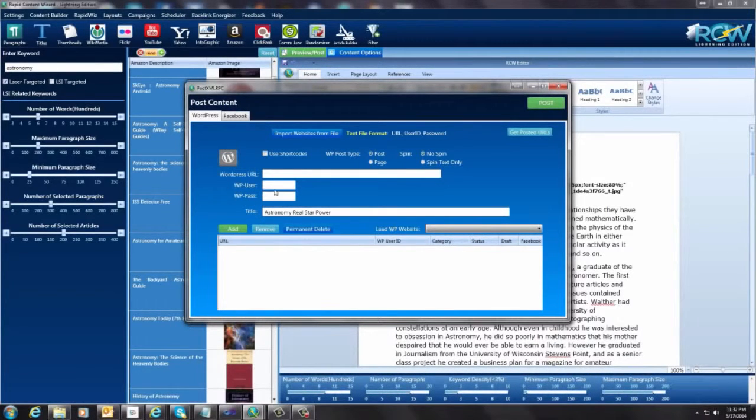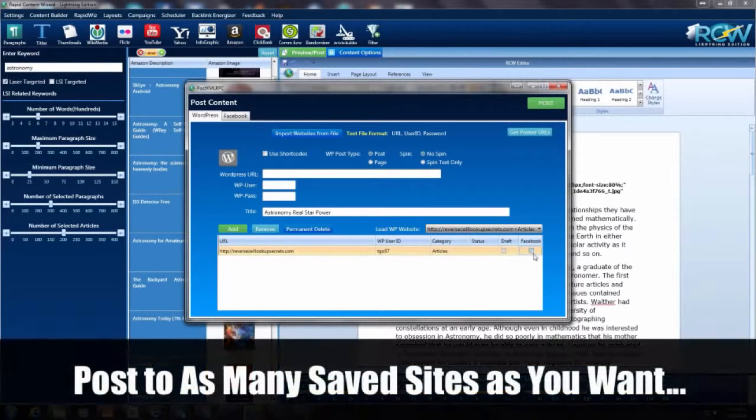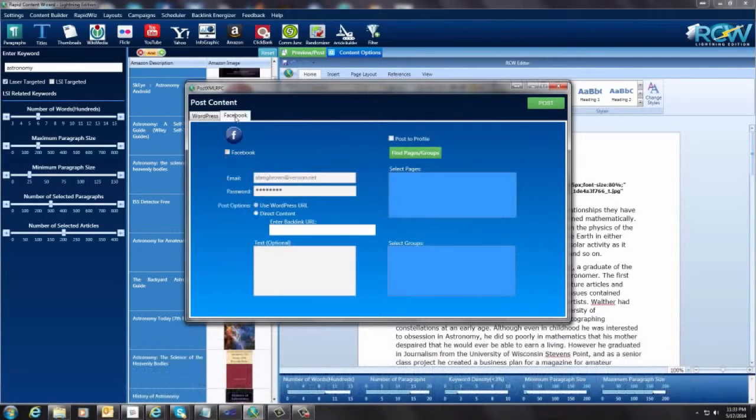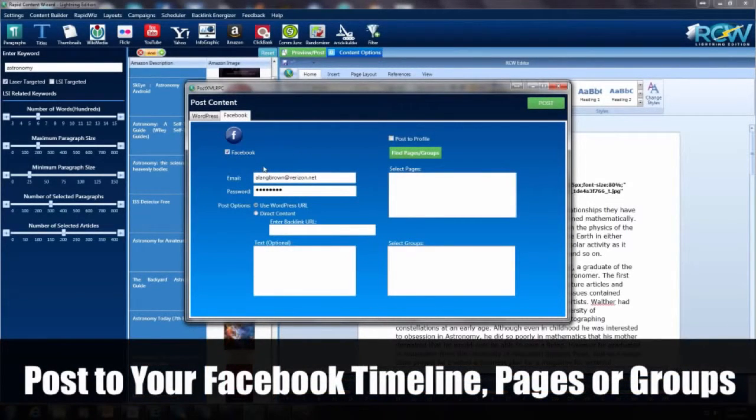So you can either enter the website that you want to post to right here and click add, and it will add it to this drop down list. I already have some that are in here, so I'm just going to select one, and it already has it and it's saved for me, and I'm going to post this. This is also going to be posted on Facebook, so I'm going to check that box. Then I'm going to come over here and click this little Facebook because I want it to go to Facebook. And you have three options here with Facebook.